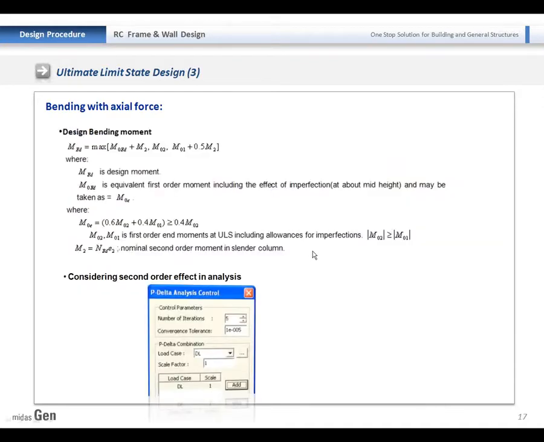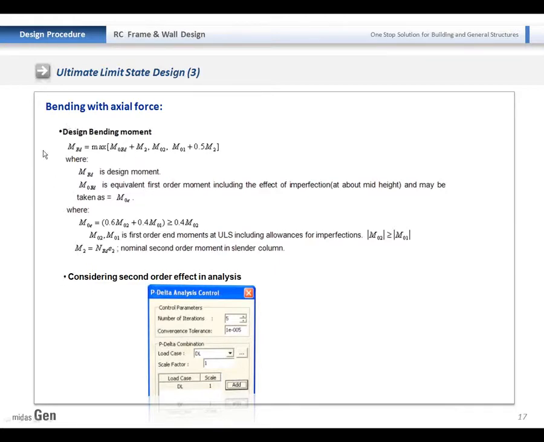After checking the slenderness ratio of the column, then check the moment. For the moment, if the column is slender, we will magnify the moment. So based on this equation, moment magnification will be done. However, if we consider the second order effect, the moment magnification will not be considered for the second order effect.